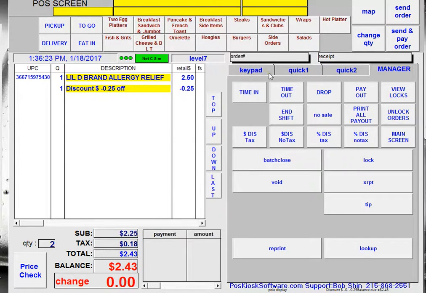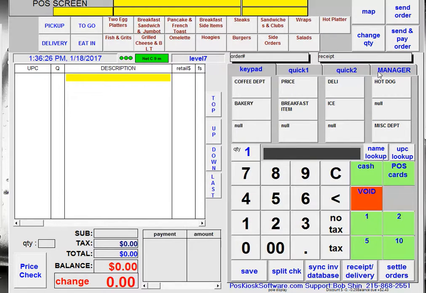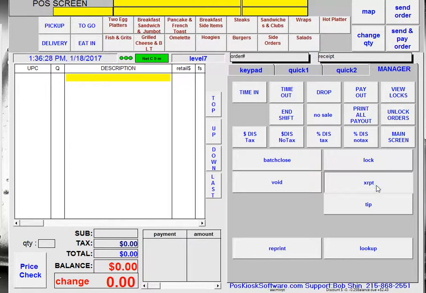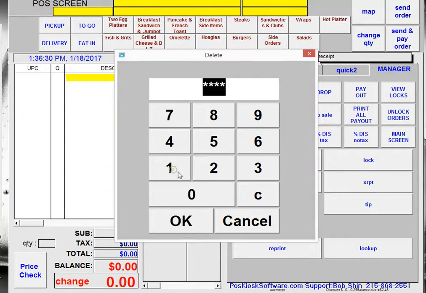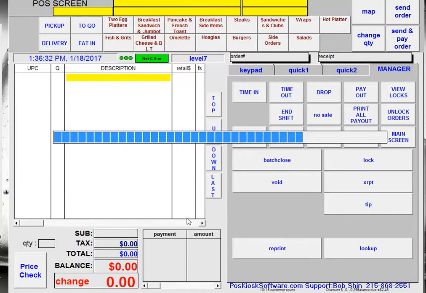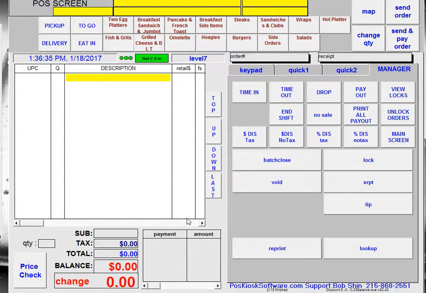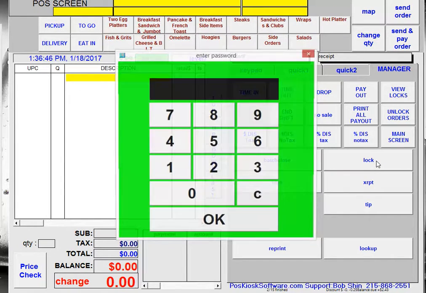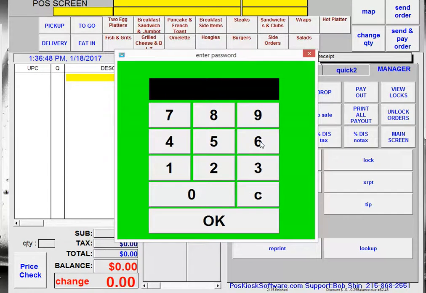X report, let's finish this transaction. X report. It requires a password, and this will just give you a printout of exactly what the status of your business is. It's almost like an end of day report, end shift report, but it doesn't close it out. Lock. This is used if you want to lock your terminal so that no one else could use it. If you have more than one cashier, the other cashiers can't access it and